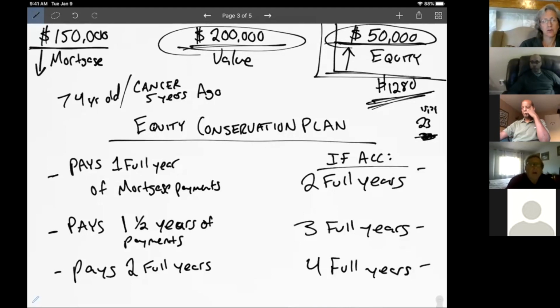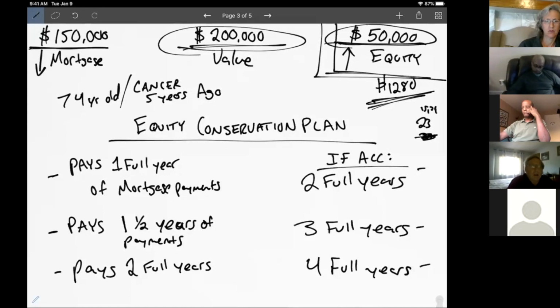So that's the equity conservation plan. It's going to cut a tax-free check to Linda when something happens to you, where she has enough money to continue making that mortgage payment for X amount of years, whatever you design, to make sure that she can keep the mortgage paid. That gives her time to figure out, what do I need to do? Can I make some changes to my expenses? And after a couple of years, eventually be able to afford this mortgage. Maybe she wants to do a reverse mortgage, or maybe she wants to sell the house, take that equity, and buy another house. Either way, if Linda leaves this home,